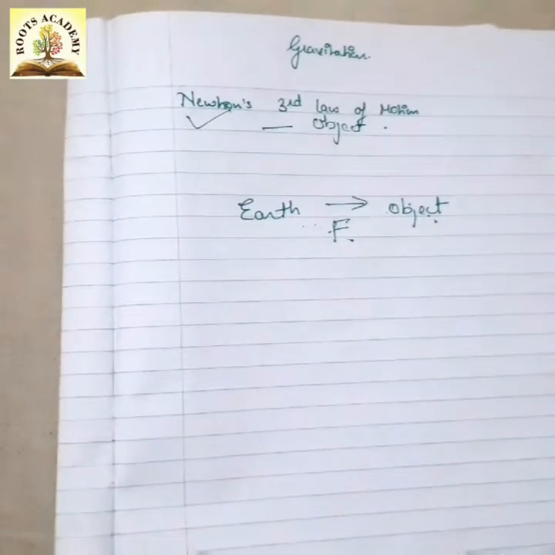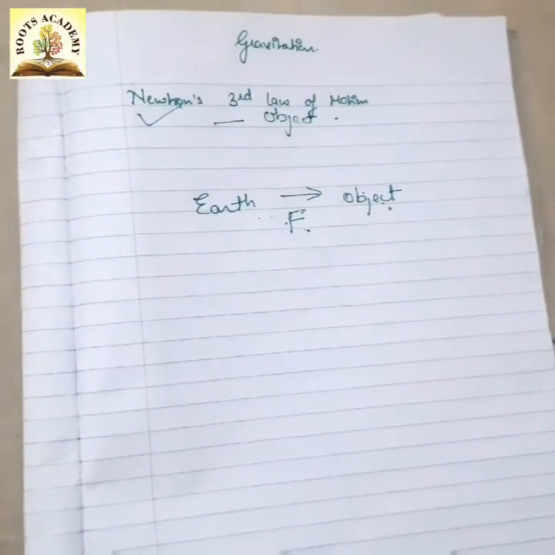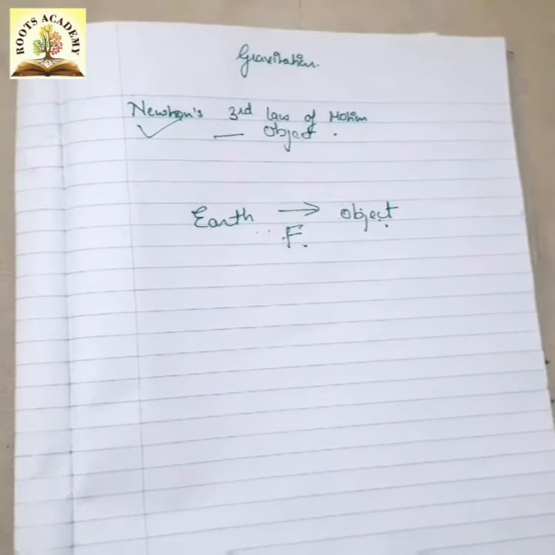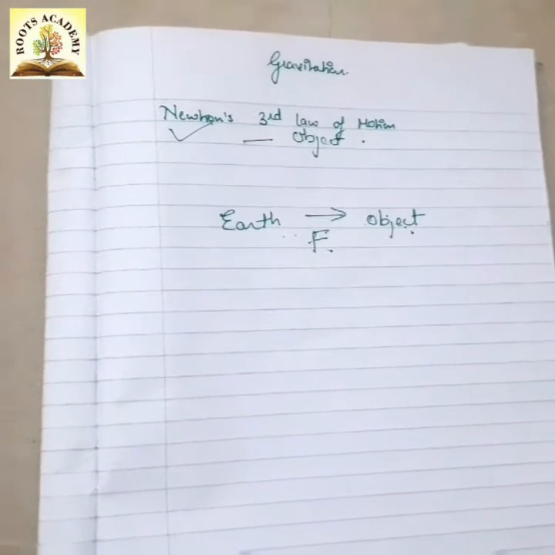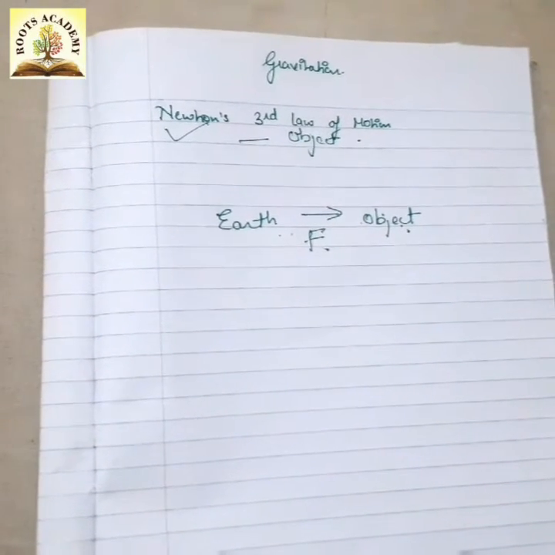Previous session was based on the gravitation topic, but we were not able to complete that topic. So today's session is also on the same topic, and here we are learning about the acceleration due to gravity, that is the small g, how to derive that small g value. So let's start ahead. We are dealing with the gravitation chapter, and today we will learn acceleration due to gravity, the value of g and what is acceleration due to gravity.